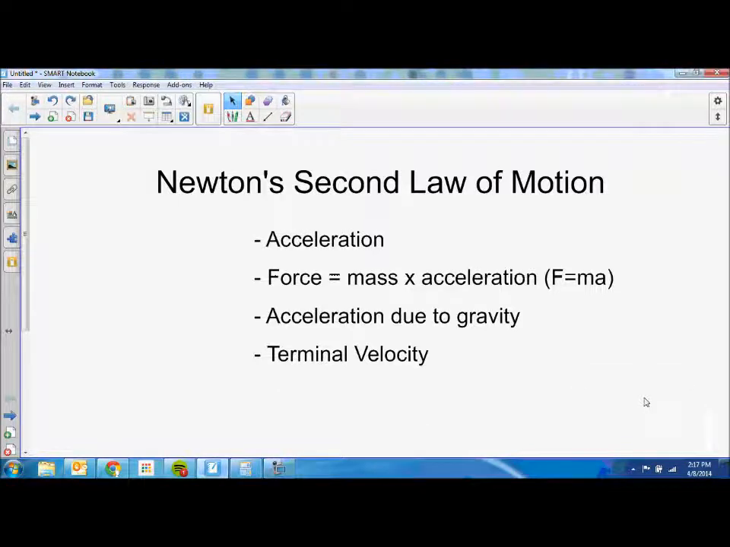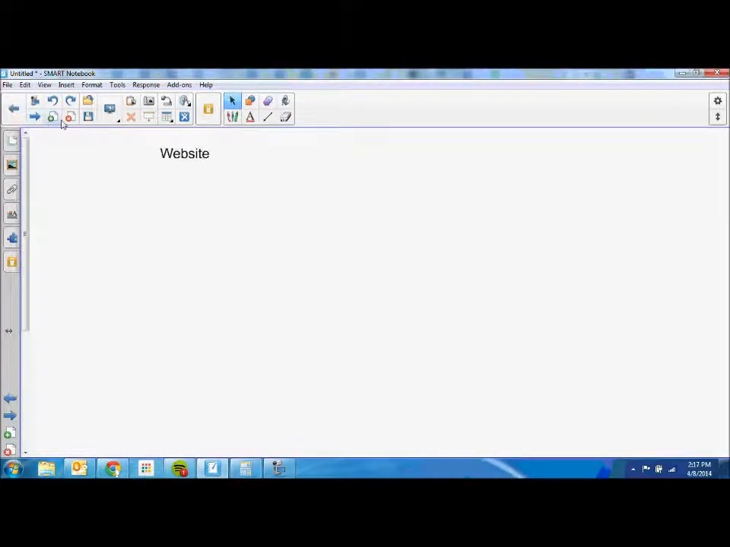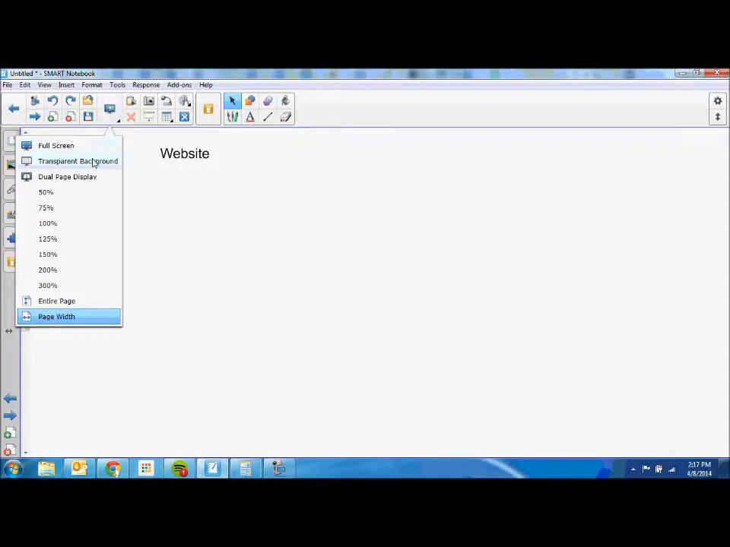Today we're going to talk about Newton's second law of motion, which is also known as the law of acceleration. To talk about that, we're going to learn about this formula called force equals mass times acceleration. That's F equals m times a. We'll talk about acceleration due to gravity and terminal velocity. So to talk about Newton's second law of motion, let's go to this website,